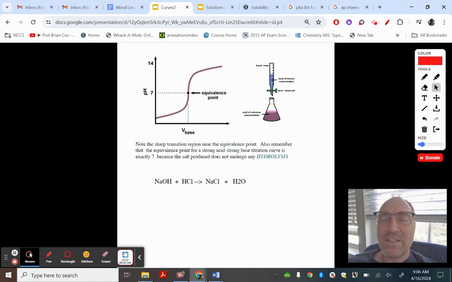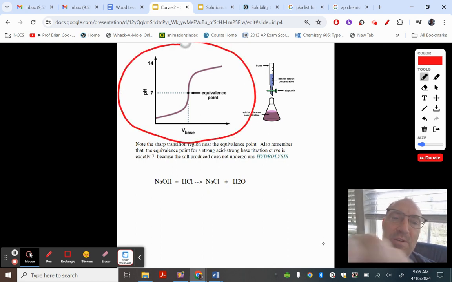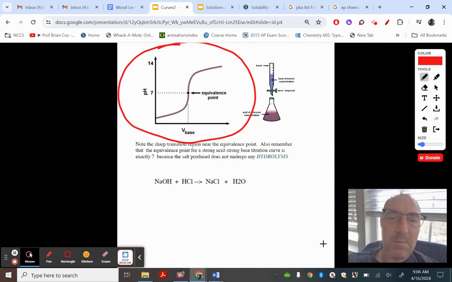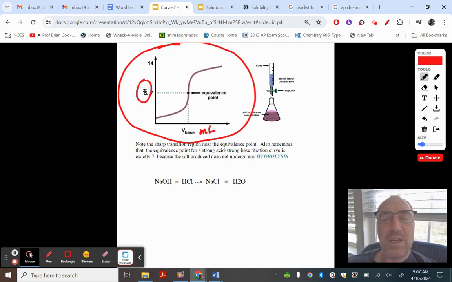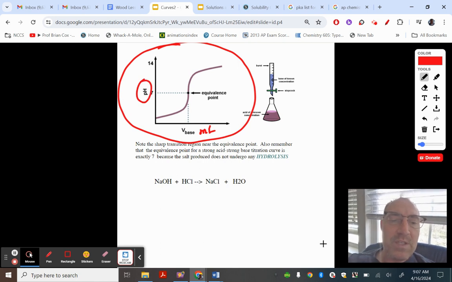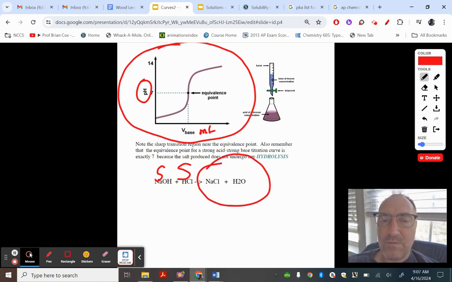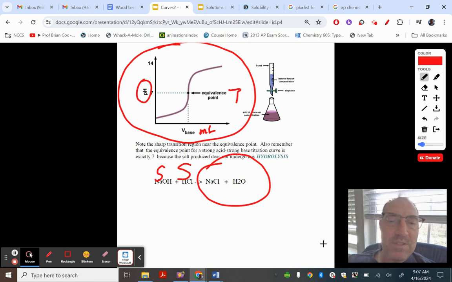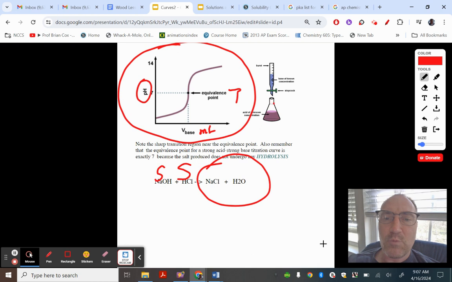Now sometimes you're going to have to read these cool things called titration curves. And what I want to mention with this curve is that this is how much base you had, so usually it's in milliliters, and then you're going to measure the pH. And what we know is if we take a strong base with a strong acid, the salt, because of no hydrolysis, will have a pH of 7. And so as you add base, picture this, you're dripping base, drip, drip, drip, and it's going in. Because this part you have excess acid,